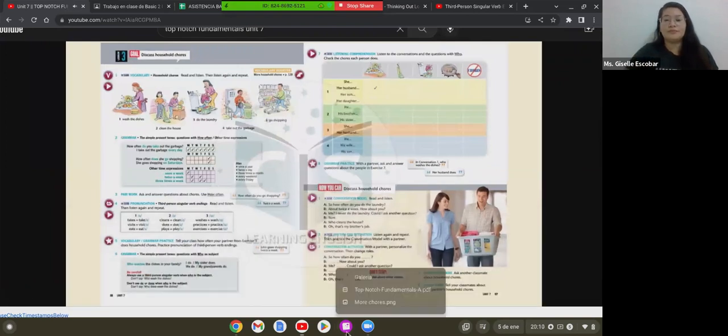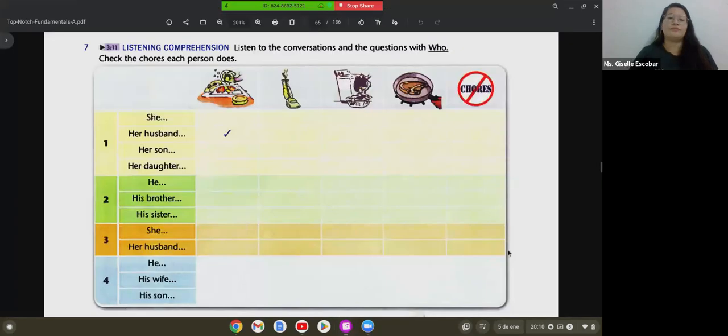Conversation 1. So, who does the household chores in your family? We all do. My husband washes the dishes. My son does the laundry. My daughter makes dinner, and I clean the house. Conversation 2. Who does the chores in your family? Well, I wash the dishes, and my brother does the laundry. And what about your sister? Oh, she never does chores.